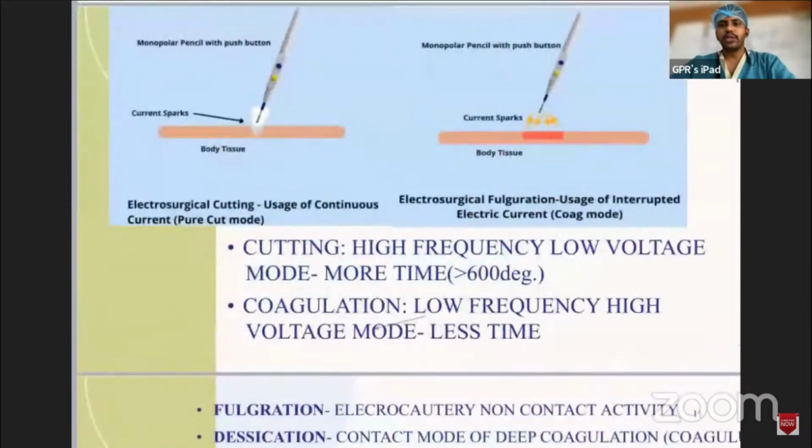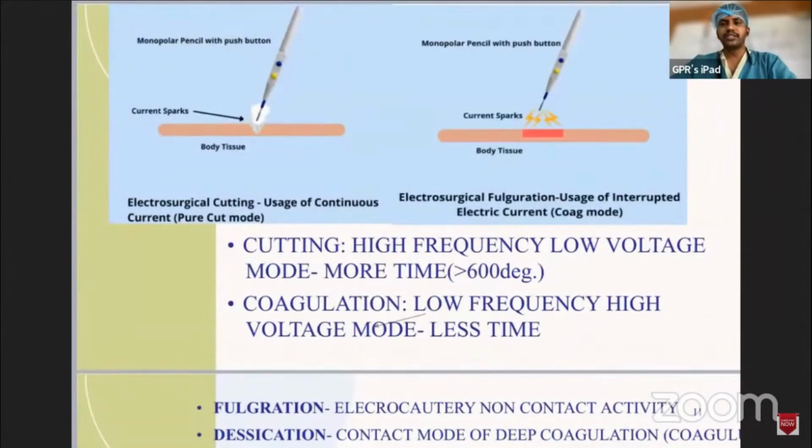So what is cutting? What is coagulation? How does it help surgeons and modern day practitioners? It is very simple to use these instruments once we know the base of everything. Cutting is nothing but making an incision in a patient's body or any other tissue. But to do it in an electrocautery or electrosurgical setup, we need the current to flow in a high frequency state and a low voltage state.